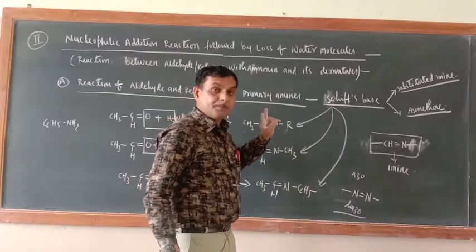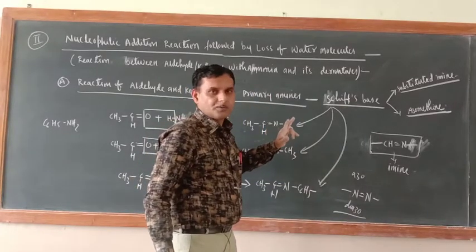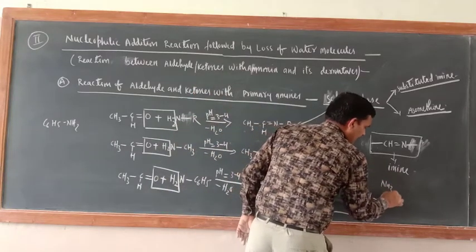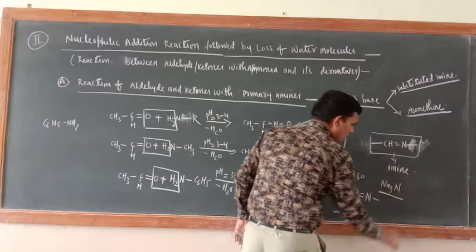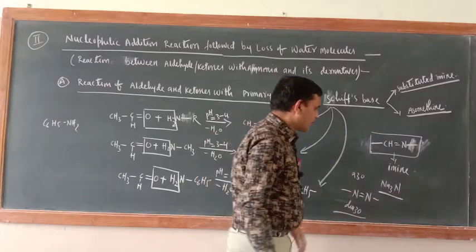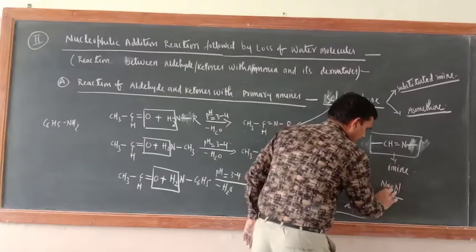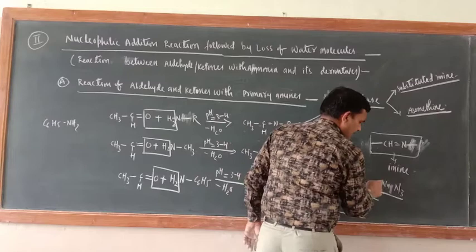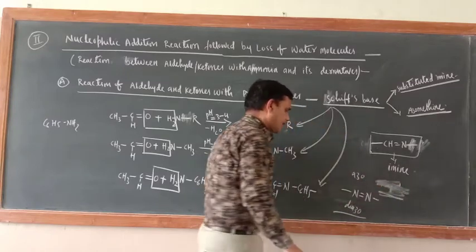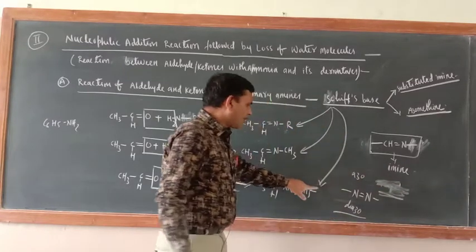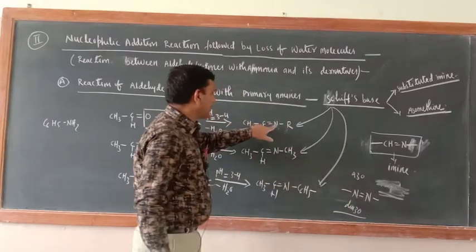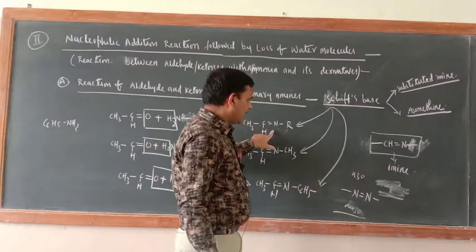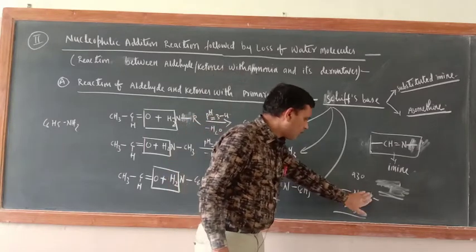And in the case of the 15th group of the p block, I taught you one compound was also there. What was the name of this one? NaN3, sodium azide. Okay, that was the compound you studied. So this is the diazo group. Now here instead of two N, only a single N is there, so we can say this is azo, because of the presence of only one N.